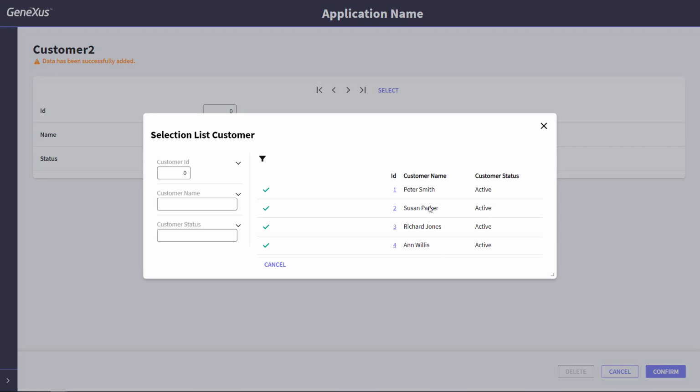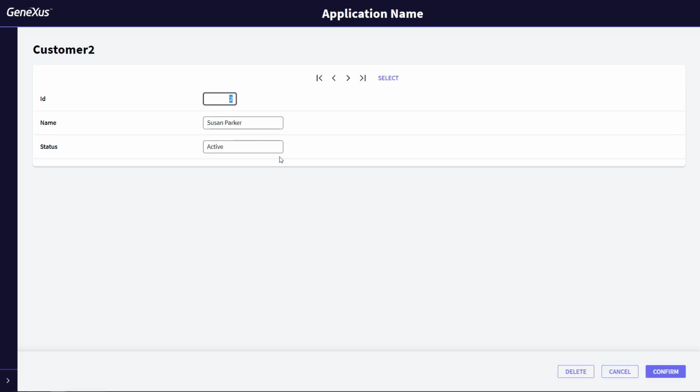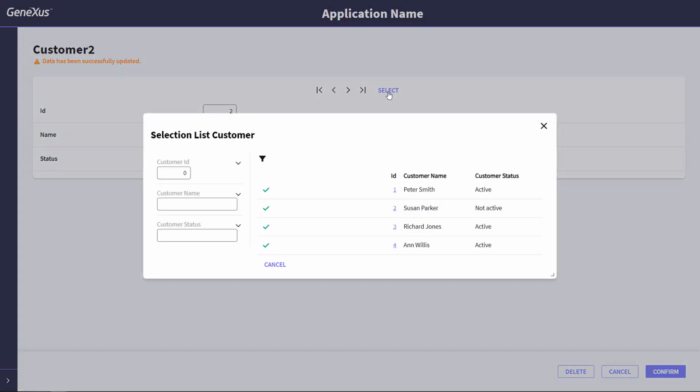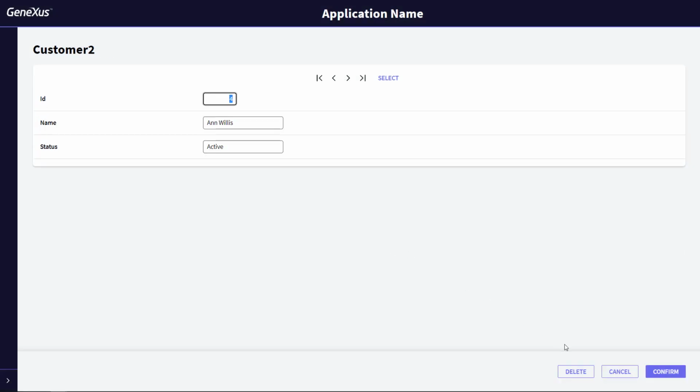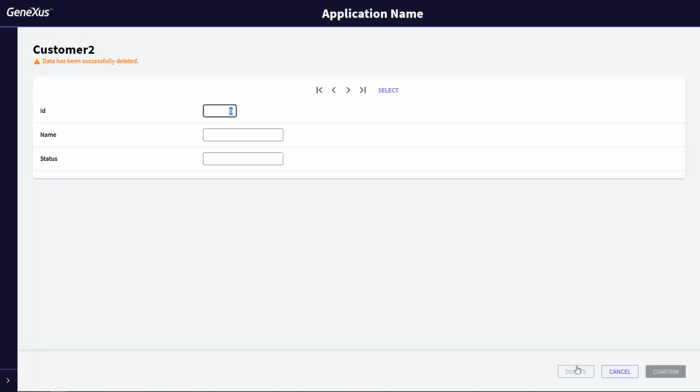We can also modify the status of another customer and we can even delete the customer that we've just entered. We see then that we're actually working directly on the customer table through the Customer 2 transaction created by the reverse engineering process.